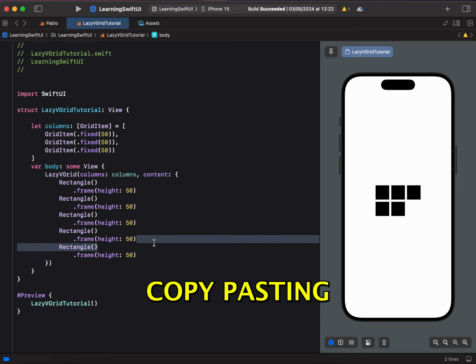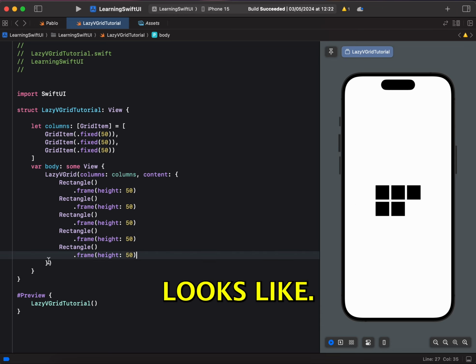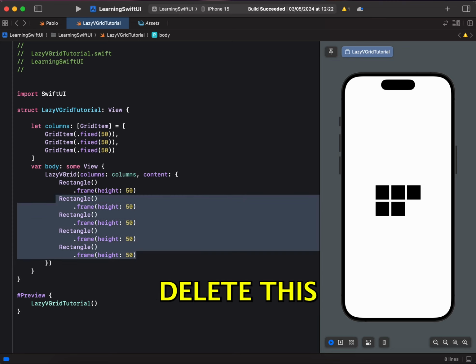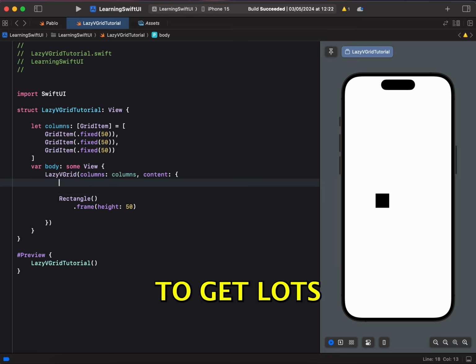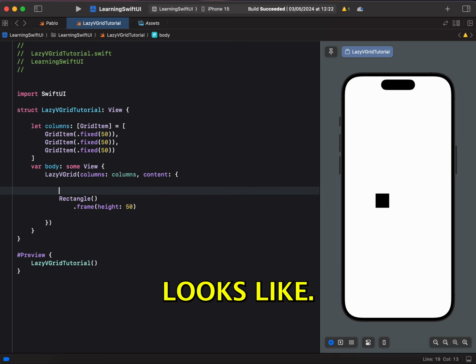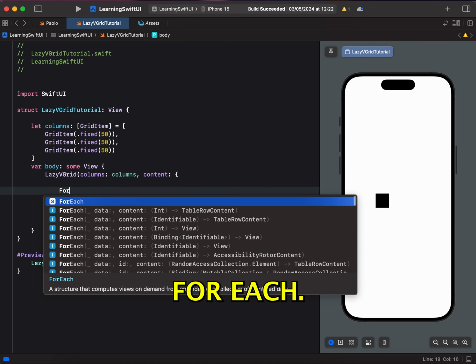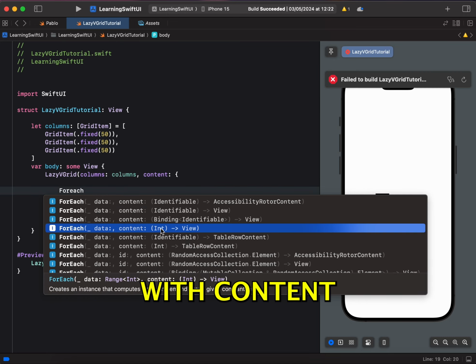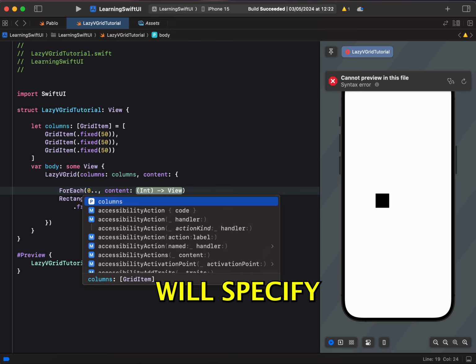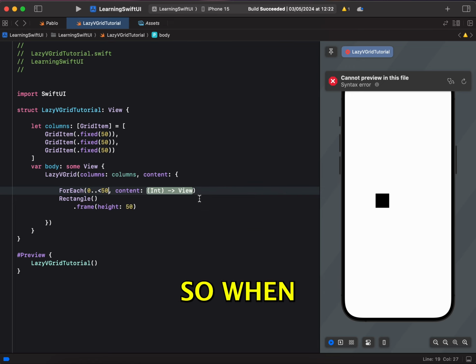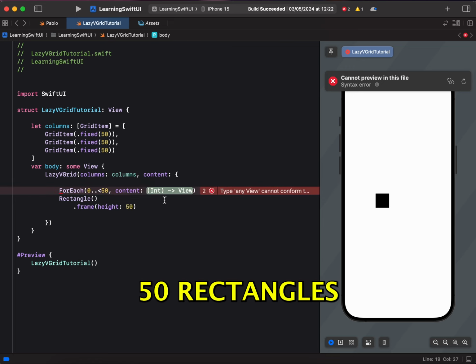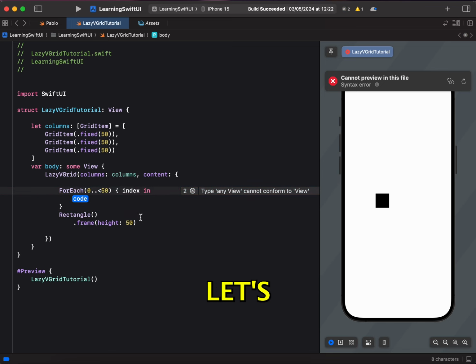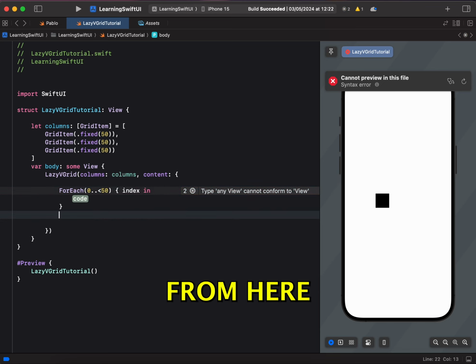You can keep copy pasting like this and see how your grid looks, or we can create a ForEach loop with a lot of grid items. So let's delete this and create a ForEach loop to get lots of rectangles so that we can see how LazyVGrid looks. We'll take this range with content one, and in the range we'll specify less than 50. So we want to create 50 rectangles,